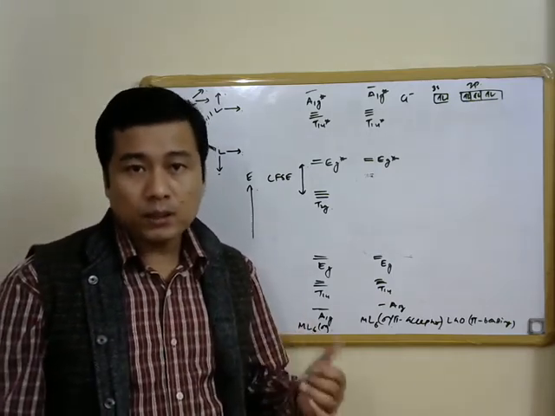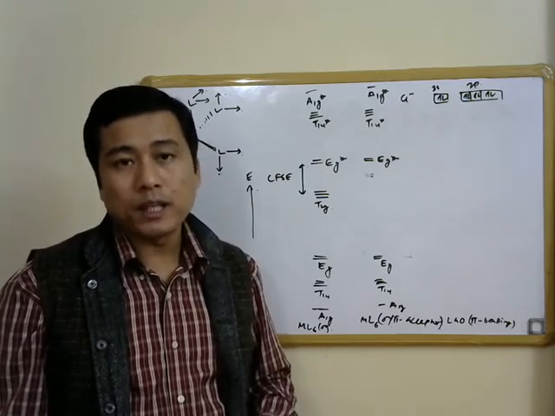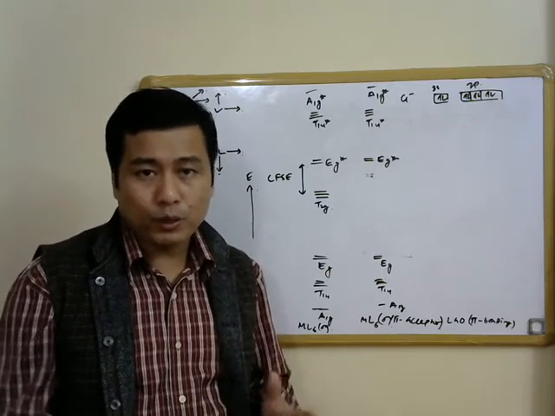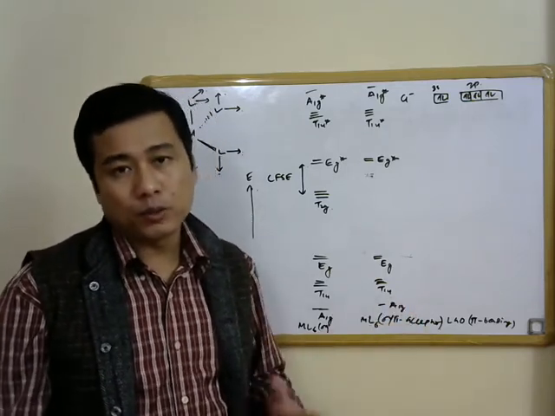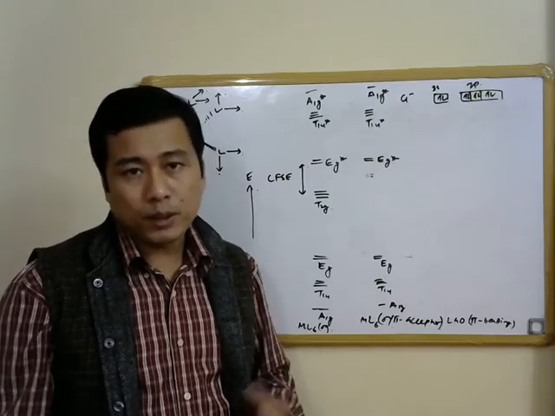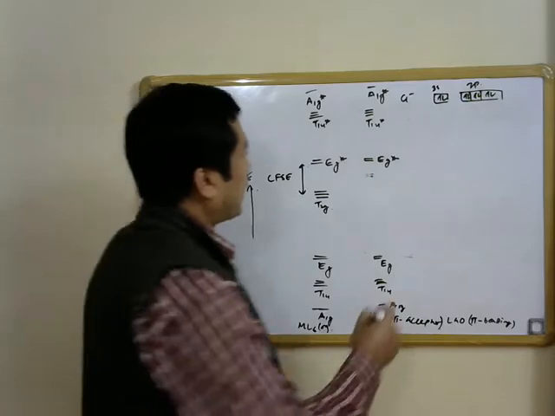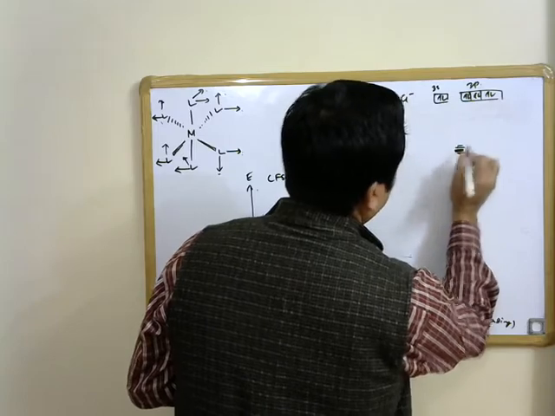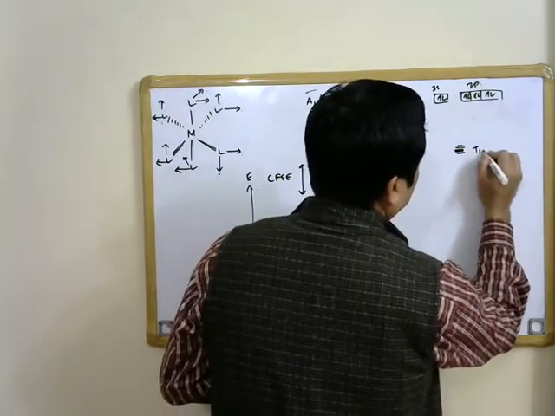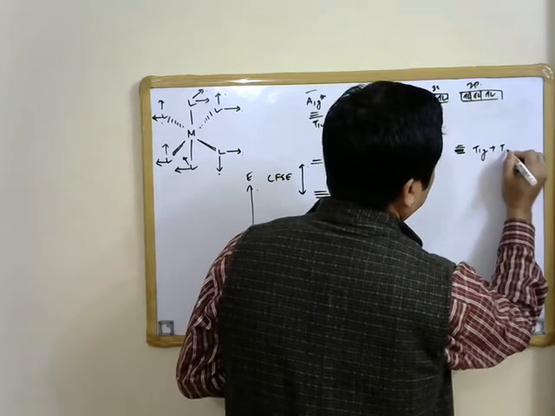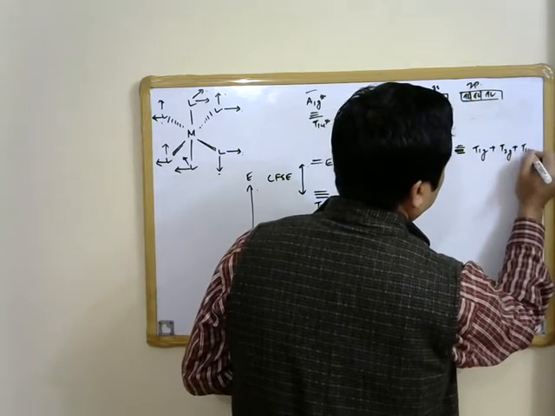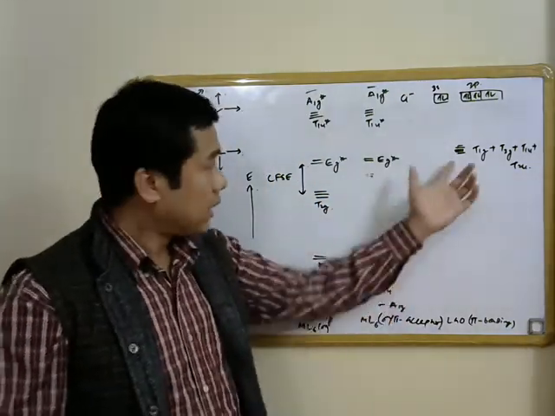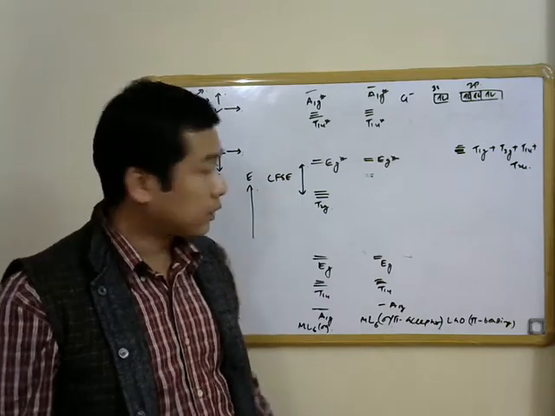But the empty pi star molecular orbitals of carbon monoxide can participate in pi bonding, and these pi star molecular orbitals are going to form the ligand group orbitals for formation of the pi bond. The energy of these pi star molecular orbitals is higher than the energy of the metal d orbitals, so the LGOs will have to be written at higher energy now. Also remember that these LGOs are essentially empty. There are no electrons in these LGOs.